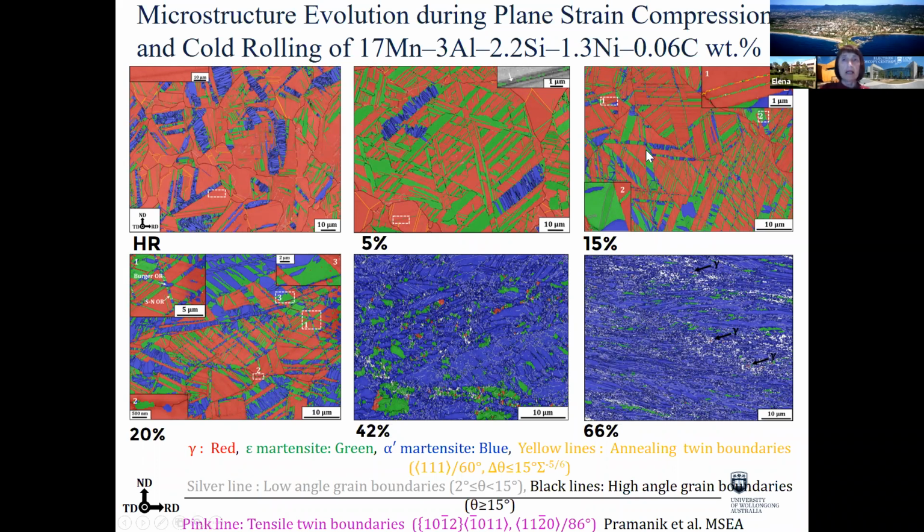Even epsilon martensite, in a lot of cases, is a preferential nucleation site for alpha prime. Also, we could observe, as in this inset, formation of alpha prime martensite directly in austenite. At higher strains, we now have a majority of alpha prime martensite formed, with small remnants of retained austenite and epsilon martensite. And finally, we have a very small amount of epsilon martensite, and elongated grains of alpha prime, which also underwent deformation and shear bending.